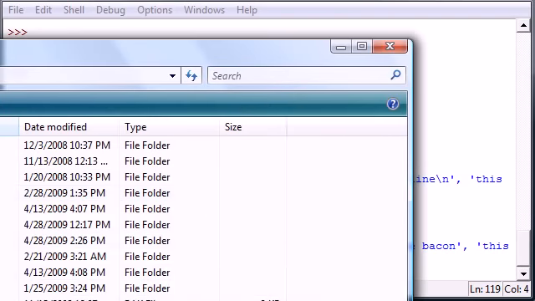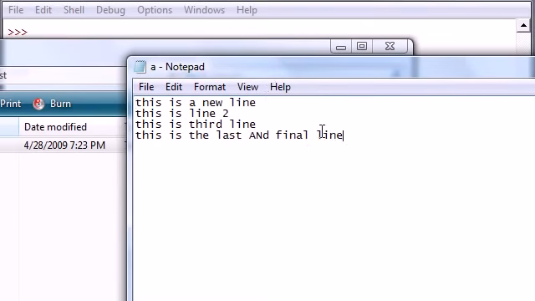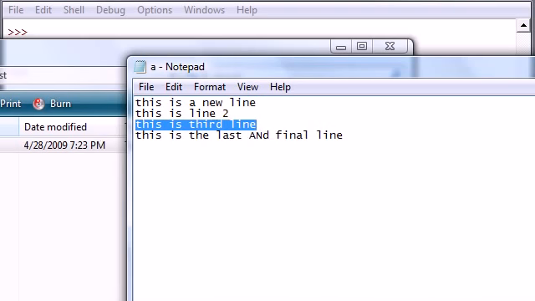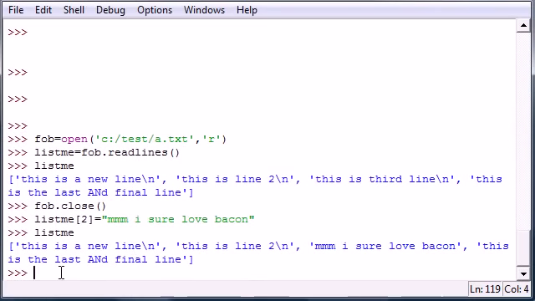Computer C A right there. As you can see, this is our document. We didn't change it yet. So even though we changed it using our program, we didn't change the actual file yet. It still says this is third line, and we don't want that. So let me go ahead, and we need to make a new file object, and we'll make this one an open object, and a write object. So let's go ahead, and as our first parameter, you guys should get good at this, test.a.text, and make this a write, since we want to write,